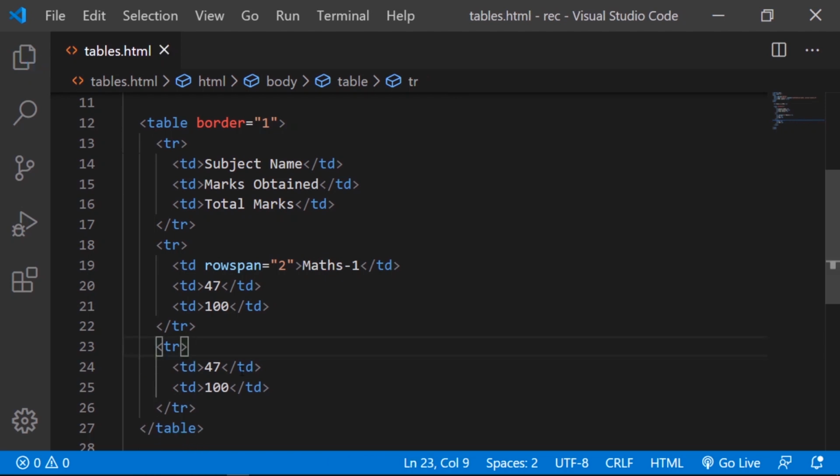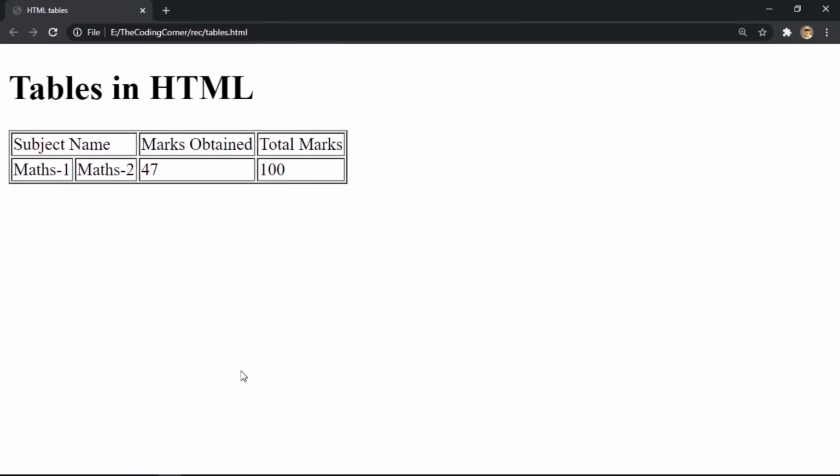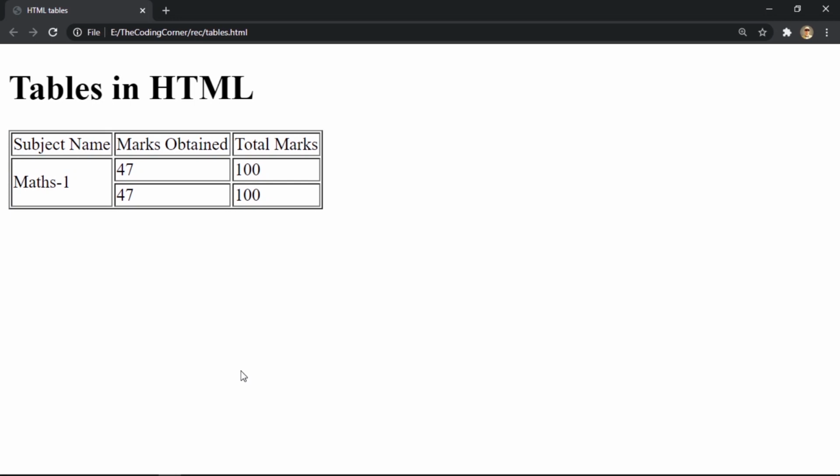I'll hit save and I'll reload my web page. And as you can see, we got maths 1 for two of our rows as the main table data, as the main cell.